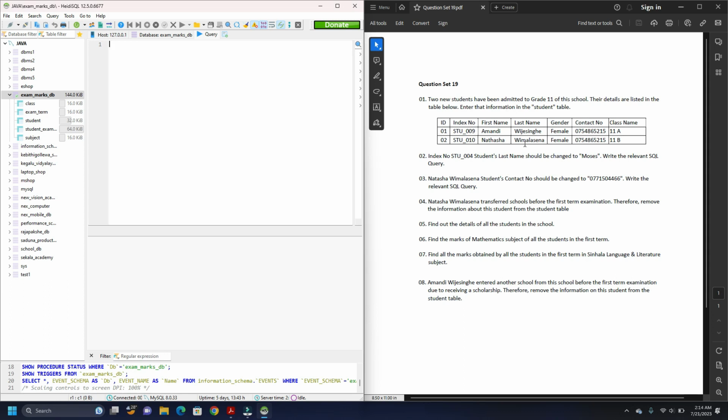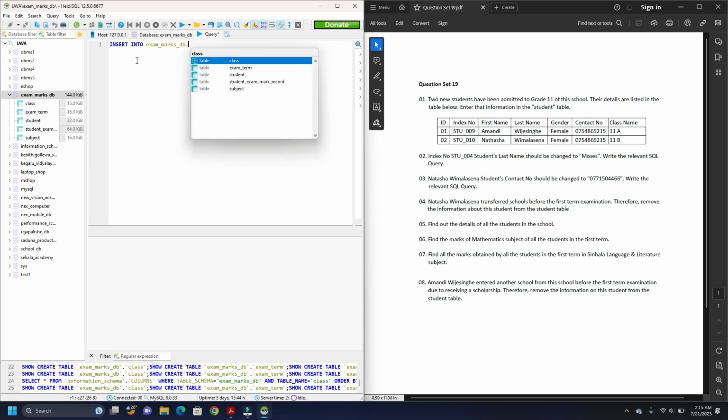So we have two new students entered to the grade 11 of the school. Let's enter their records into the student table. In order to do that, we have to write insert queries. So starting with insert into, the table name is student, and it is stated in the exam marks db database. Therefore we have to write exam marks db dot student,